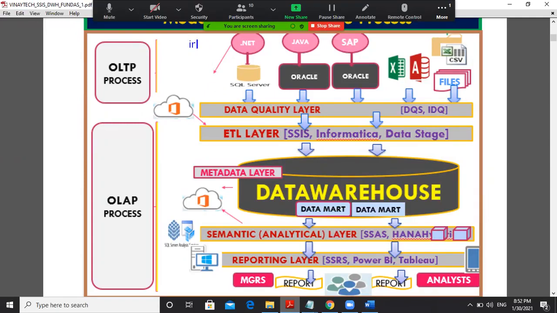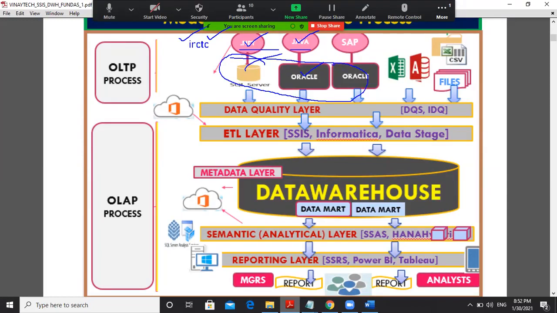You have IRCTC data and you're operating the IRCTC application, maybe .NET or Java, these kinds of front-end coding languages we use to create front-end applications. The data is mostly stored in databases, IRCTC data in Oracle and BookMyShow data in SQL Server.